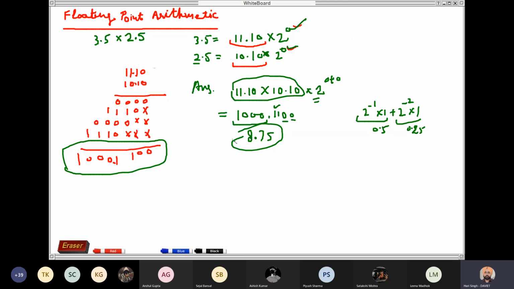Otherwise, you can be given a problem, say you can be provided with numbers in floating point form. Like if we write this number in floating point, it will be 1.110, standard form is 2 power 1, then it will be 1.010 into 2 power 1. So in floating point form, the number can be written as